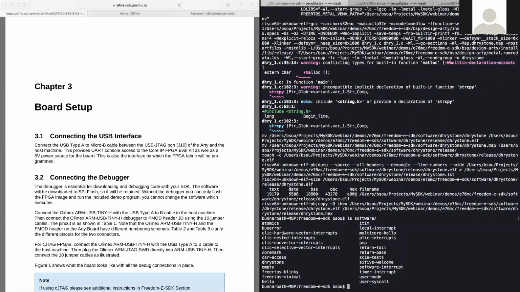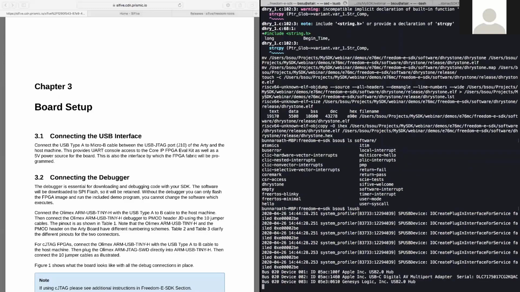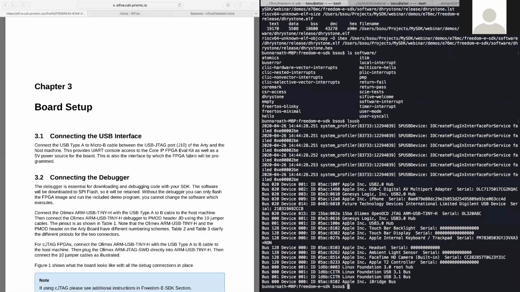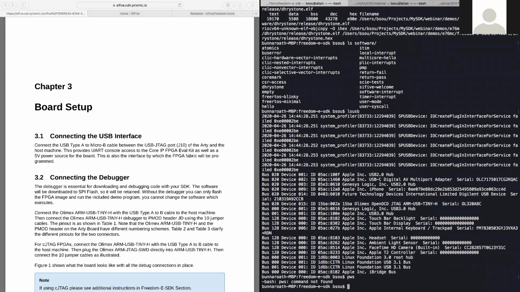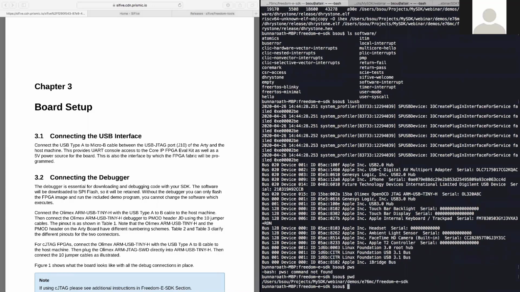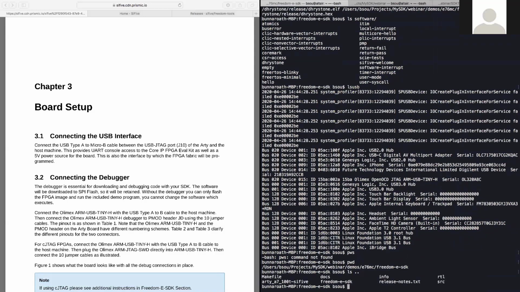Okay, now that we have connected the Arty board to a host machine and powered up already, let's see if our host machine can actually detect the board. And you can do this by running an lsusb command. And as you can see, it is available here. And next, we want to flash our FPGA board. And remember early on that our bitstream is actually located here